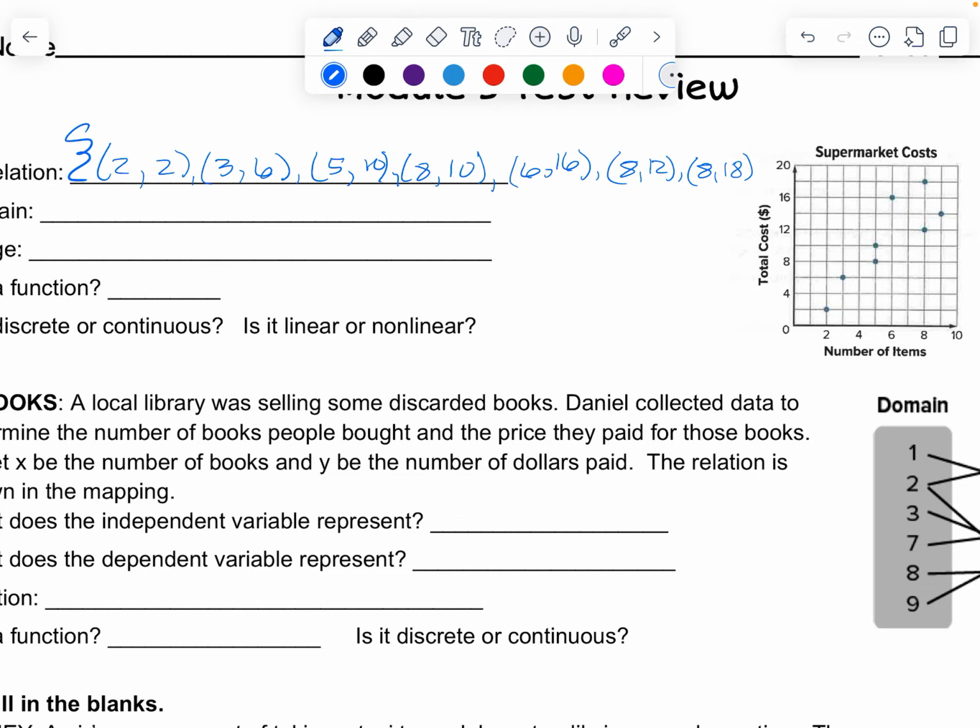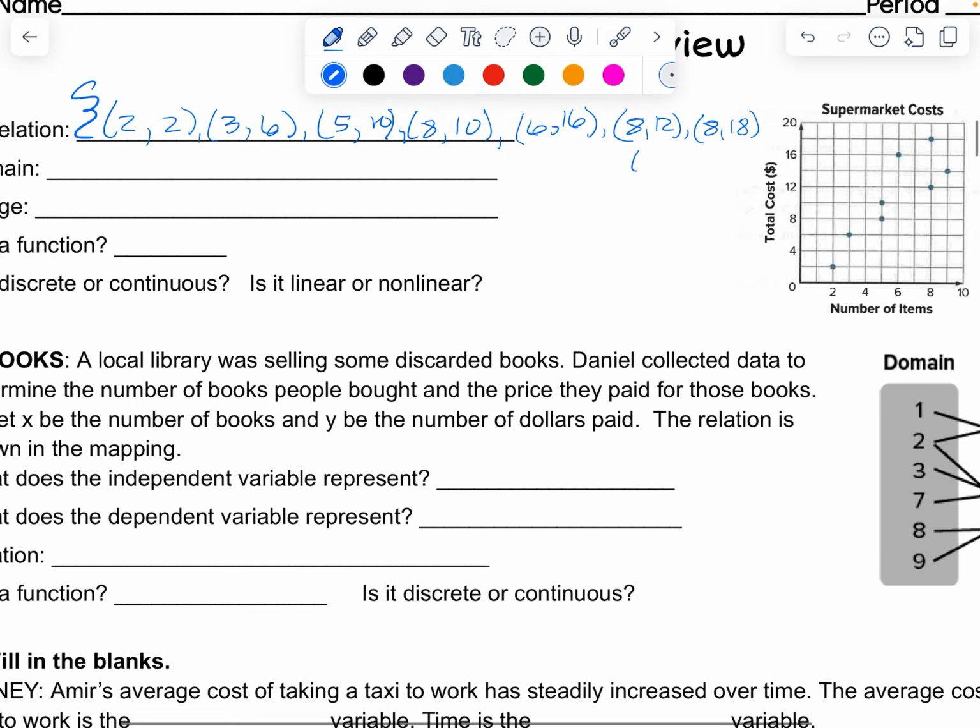And 9, 14. So then we need to do the domain. So we've got 2, 3, 5, 8, 6, 8,